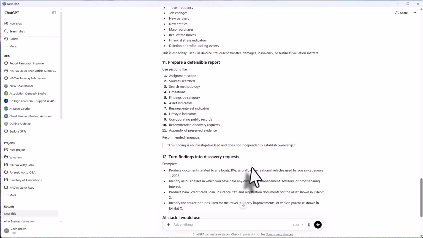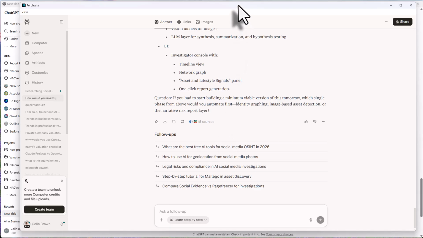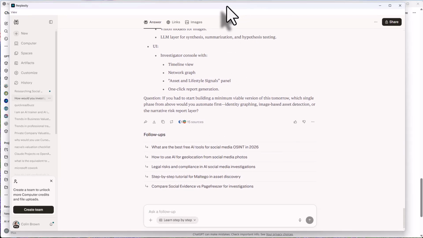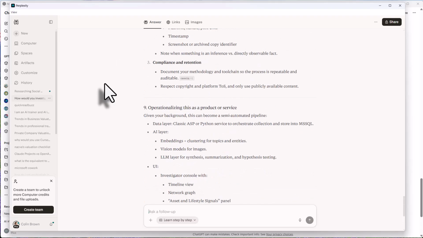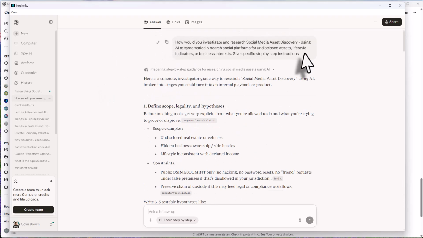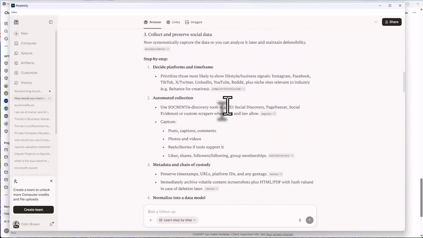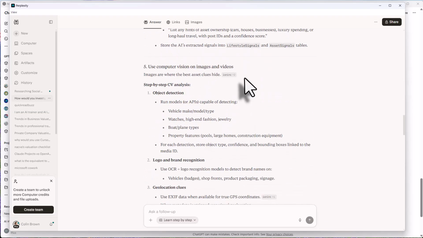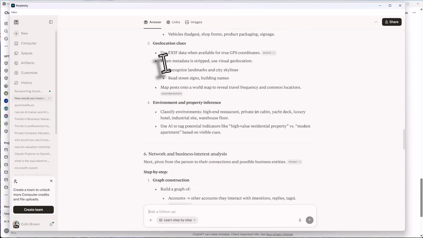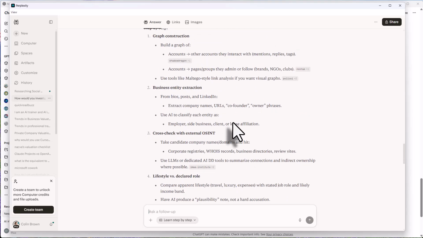The other option I chose to look at was Perplexity. Perplexity is similar to ChatGPT or Copilot or Claude, but it uses the web as its main search tool, so I applied the same approach. It came up with definitely different results than what we just saw, and certainly some good results here. It's all in a step-by-step fashion. Geolocation, that wasn't something I think I saw in the other one, so that's a good suggestion.